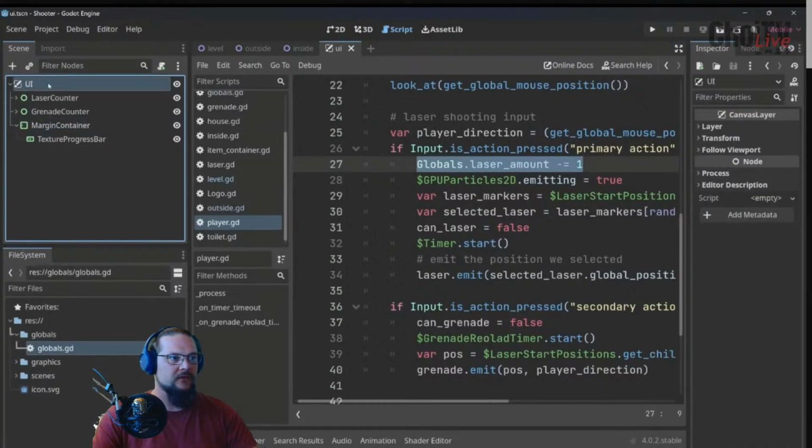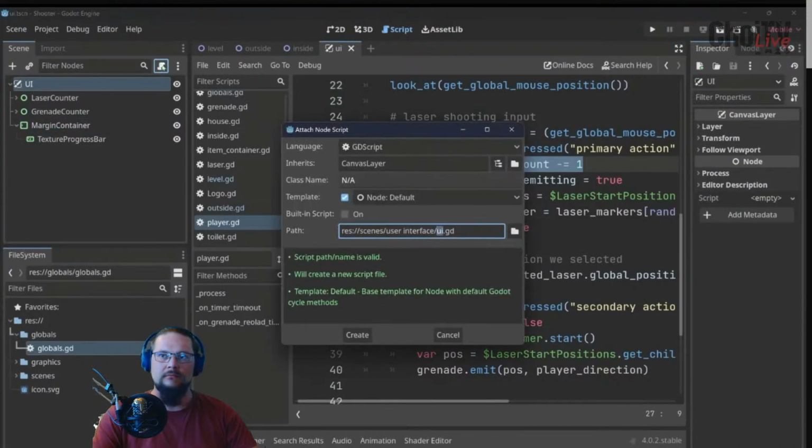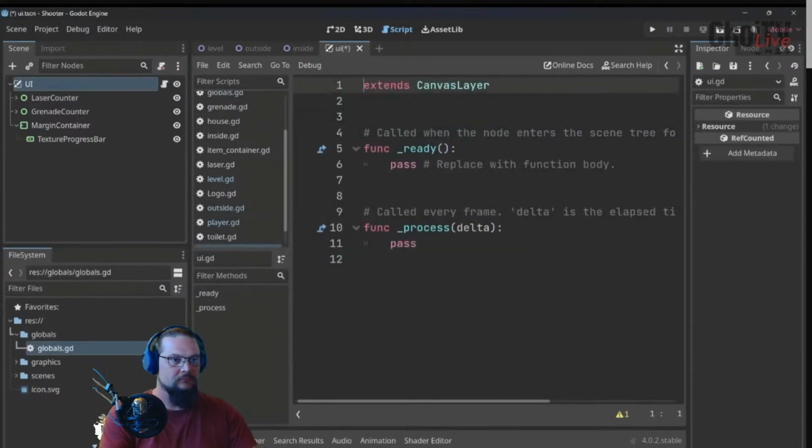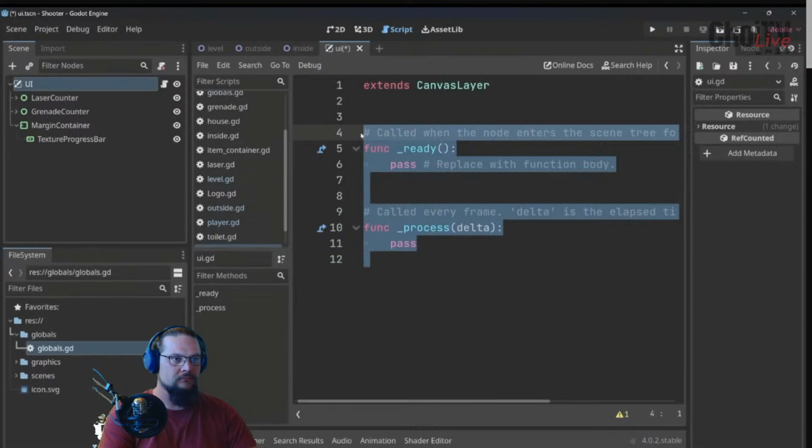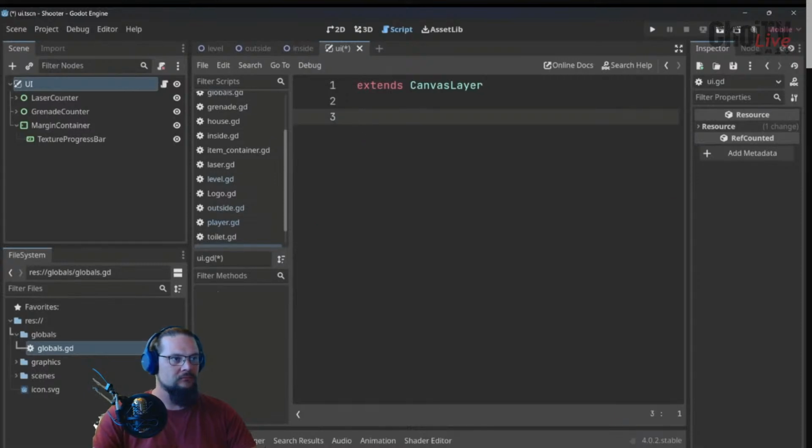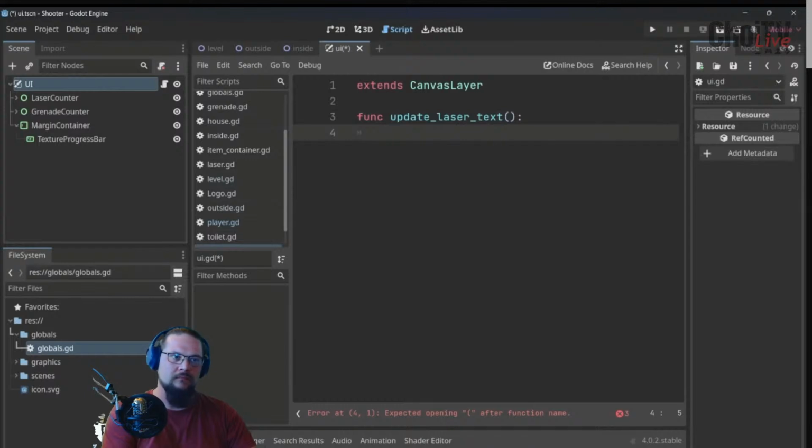And for that, we have to give this one a script. So I'm going to click on Add Script, and I want to save the script inside of the same folder where we have the scene. This looks pretty good, so I can add it, and I don't want to have anything else there. The way I want to approach this is I want to write another function, and let's call it update_laser_text. This doesn't need any parameters, and really all I want to do